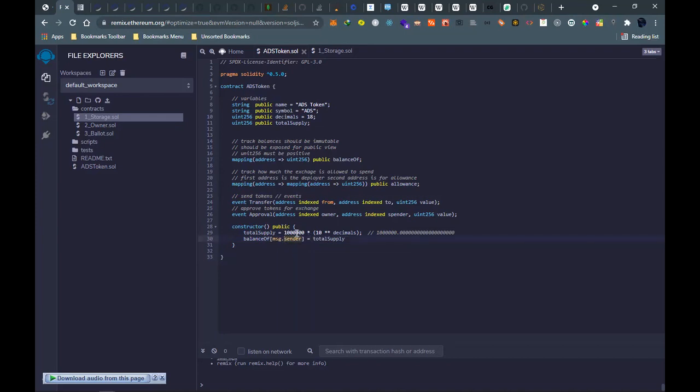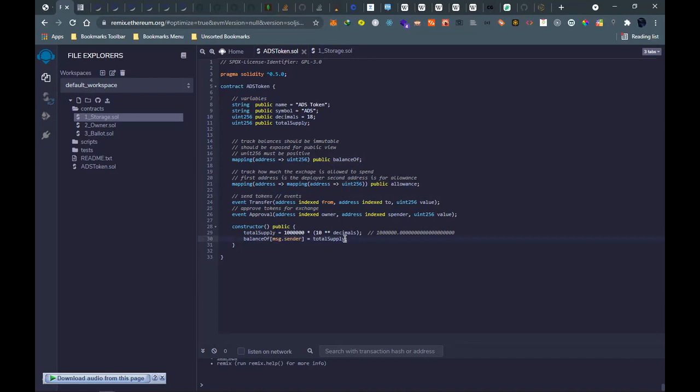So anybody who owns the coin, or has a balance of the total supply, will be displayed here in the mapping, exposed as a public view. We normally put the sender. Anybody who has a share will be in the ledger.